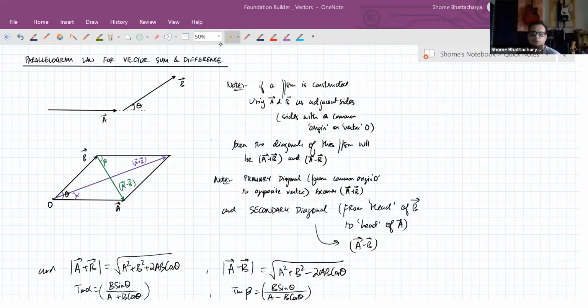But there's a certain advantage in the parallelogram law, and that is that we are able to analyze both things, A plus B and A minus B, within one figure. We are not having to draw two separate figures, and that is why it is something of importance. It's like a combined form of the two triangle laws that we've learned just before this. So just make a note of this part up to here, and then we'll discuss more about it and its applications.